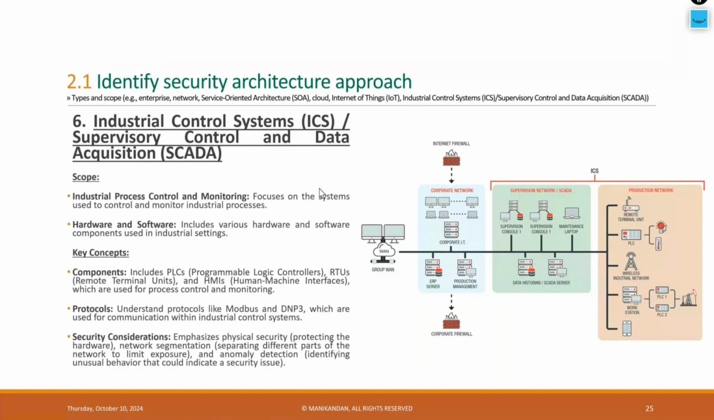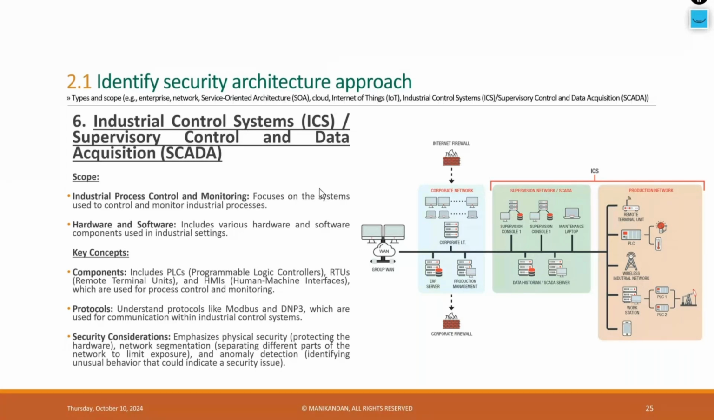Now, when I am talking about ICS, SCADA, supervisory control and data acquisition, it's an industrial process control and monitoring system focused on the systems used to control and monitor industrial processes. It can include various hardware and software components used in the industrial setting. But the million dollar question is,